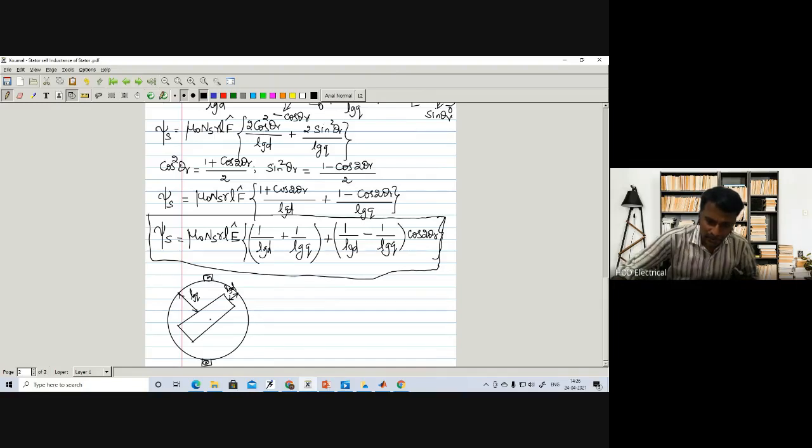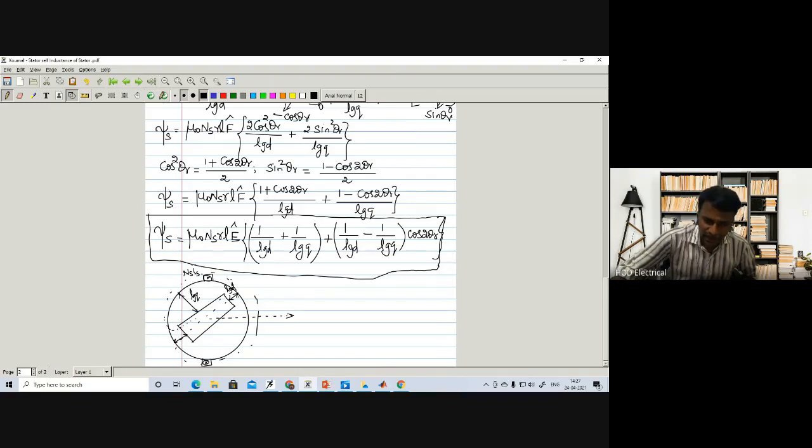I already told you that magnetic flux will be maximum in this direction. Now, if you excite this stator, magnetic flux lines will pass through this, some of the flux will pass through this, and like that these flux lines will pass through. Now, if the number of turns is Ns and the current flowing through this stator winding is Is, we have two air gaps here.